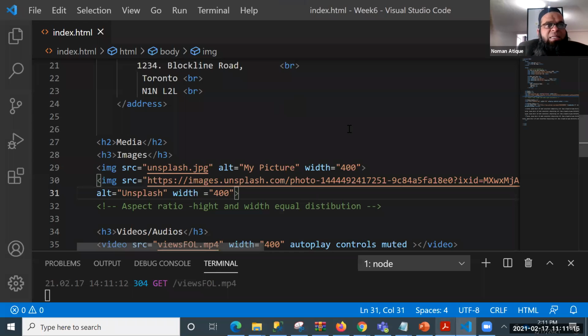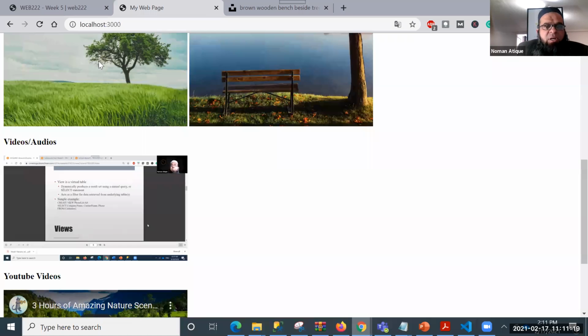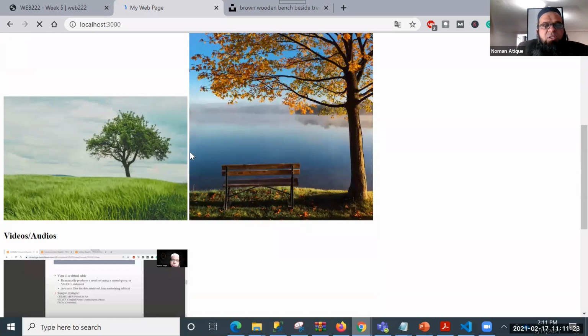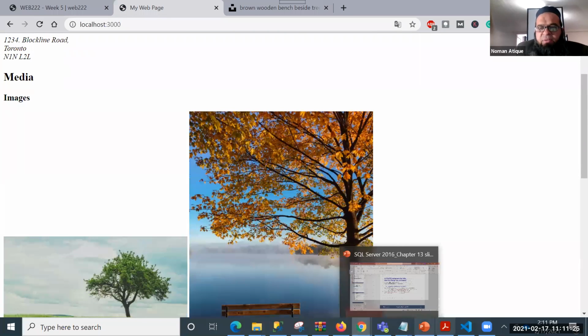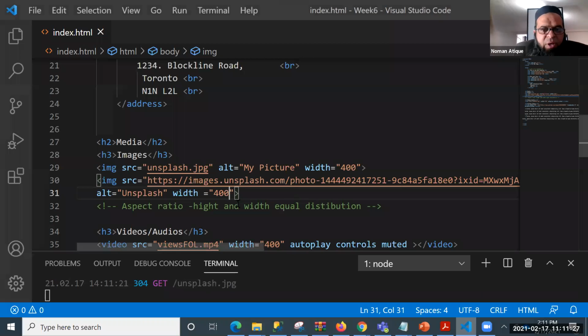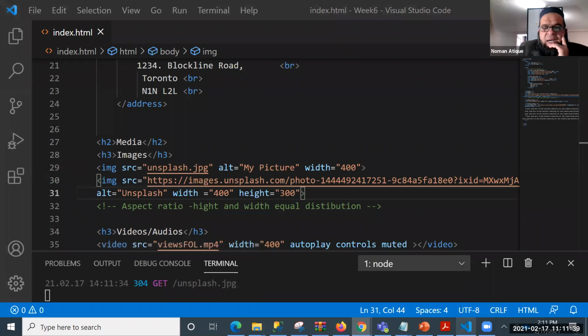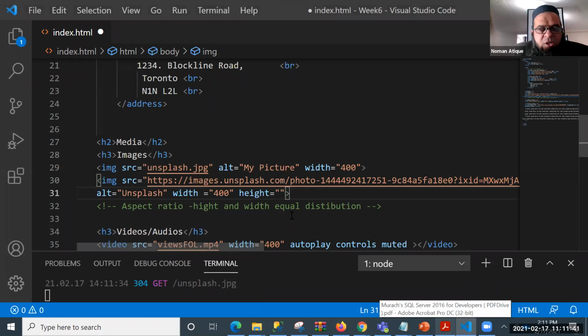Okay, I'll see why the video is not running. Its width and height, of course, are different, and we'll talk about how to settle that. But let's set its height as well. Height equal to maybe 300 or something. I don't know how much is the height of our elements. Okay, less than that. Let me make it a bit more realistic so that it looks good.